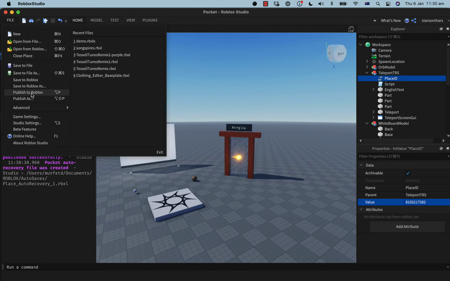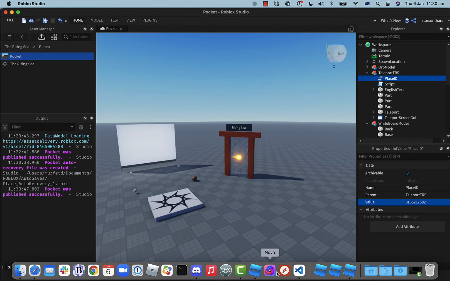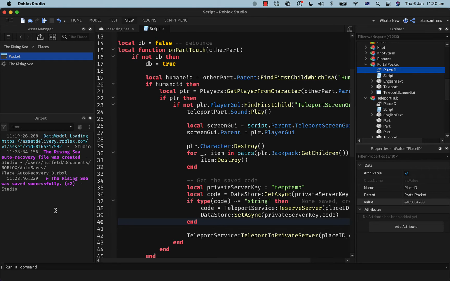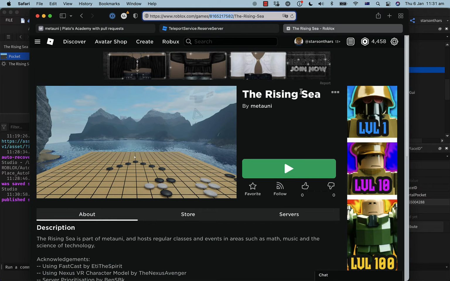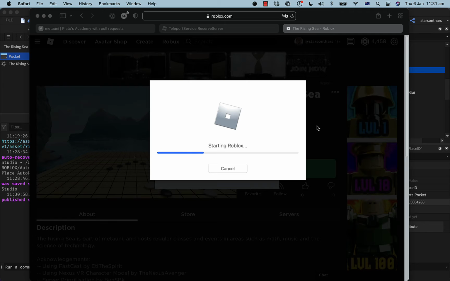Okay, let's try. Teleports don't work in Studio.